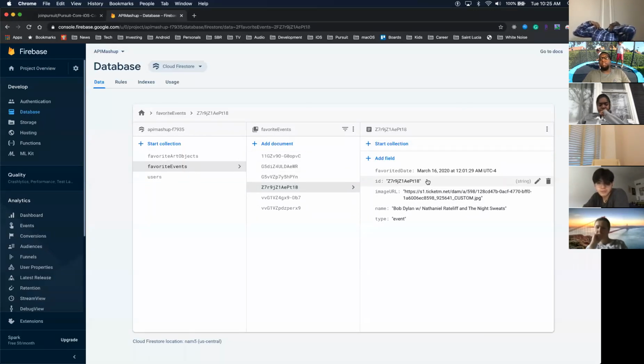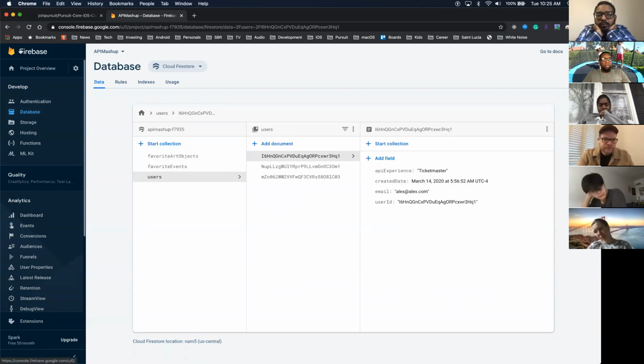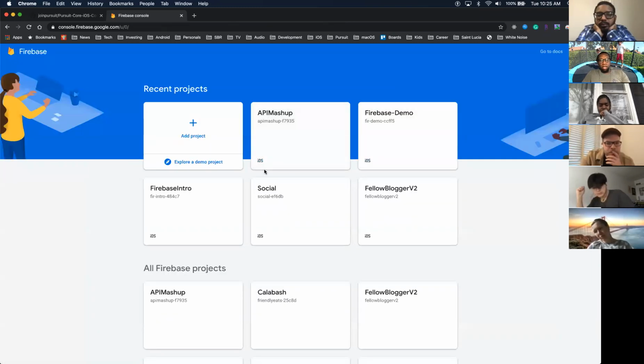Okay. Does that make sense? So we have those two options, either a sub collection, or exactly. You could do a sub collection on users here, like have favorites, whatever, or you could have all users in the favorites, like we did with items. Let me go back to items. What would be the best way in terms of like